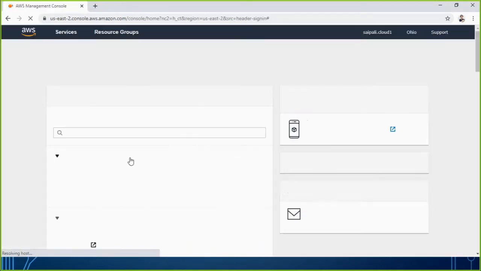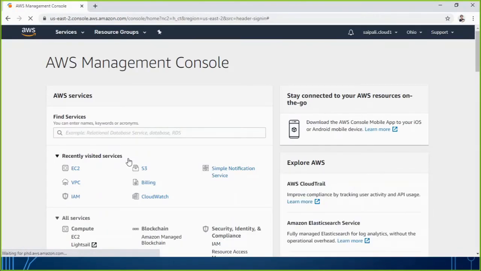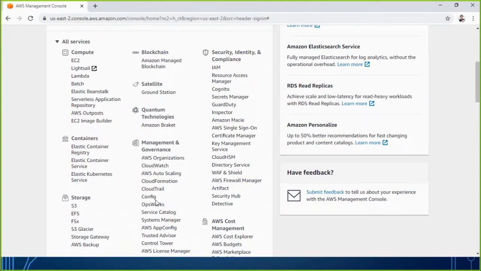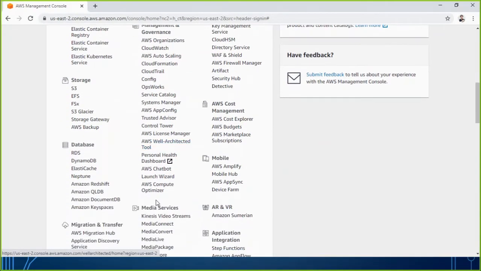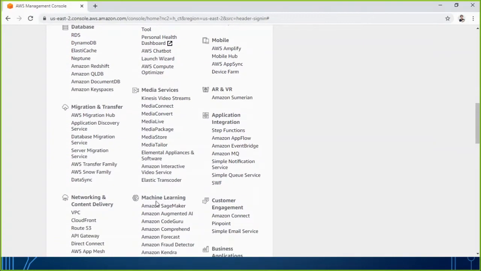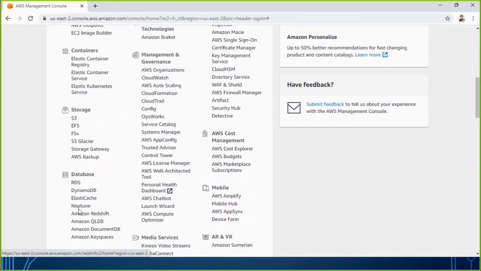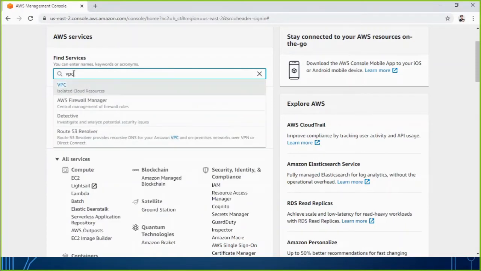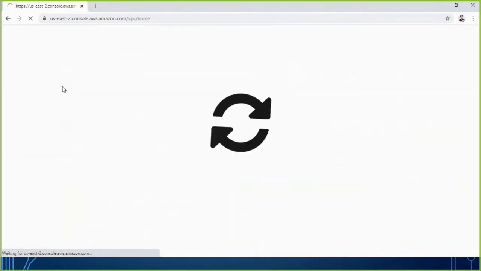Once we log in, we will be looking for a service today, that is VPC. If you scroll down, you have to look for something related to networking and content delivery. Here is the service VPC. Either you can find it like this, or you can type VPC in the search area and you will get VPC. So access the VPC service.